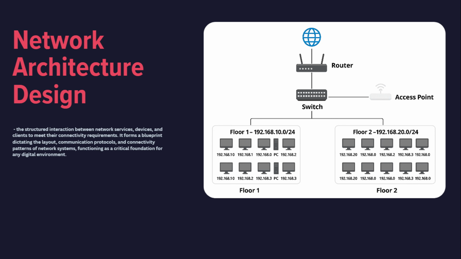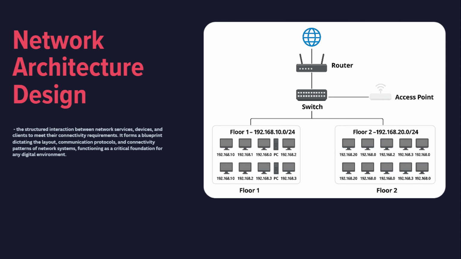On the left side, we have floor 1, which uses the subnet 192.168.10.0/24. Each of the 10 PCs on floor 1 has a unique IP address within the range, such as 192.168.10.1 and 192.168.10.2, and lastly 192.168.10.3, and so on. This setup allows all devices on floor 1 to communicate with each other within the